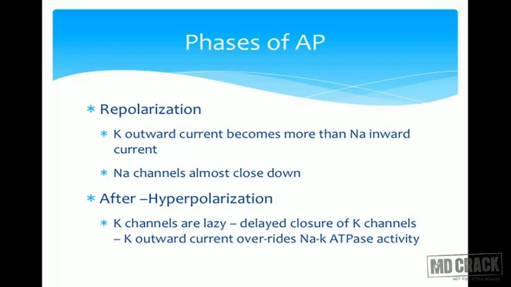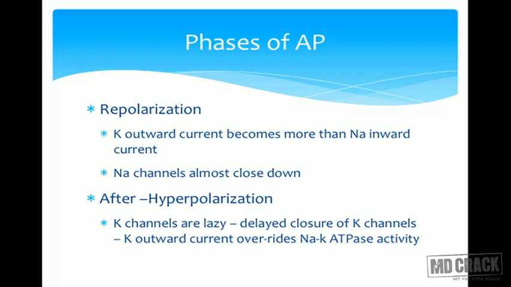And next, what causes the hyperpolarization after repolarization? As I have told you, the potassium channels are lazy. They are slow to open, slow to close. They should close down when the membrane potential comes to the resting membrane level. But since they don't close completely, and what is the equilibrium potential value for the potassium ion? It is minus 94 millivolts, if you remember. So they will try to take the membrane potential towards minus 94 millivolts,